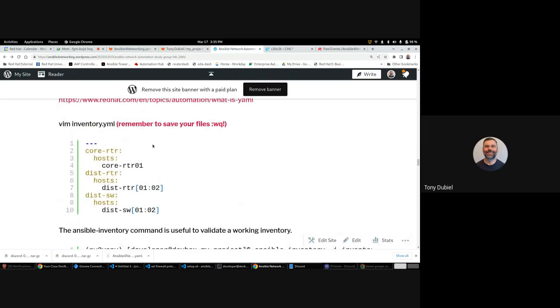We'll create the first part of the inventory. That file's already there, but it's empty. Just to point out a couple things here, I could explicitly list out all of the hosts. This is the YAML syntax. This is the name of a group. So I have the core router group, and in that group, I have hosts, and it happens to be just one host. When you have one host, there's no need